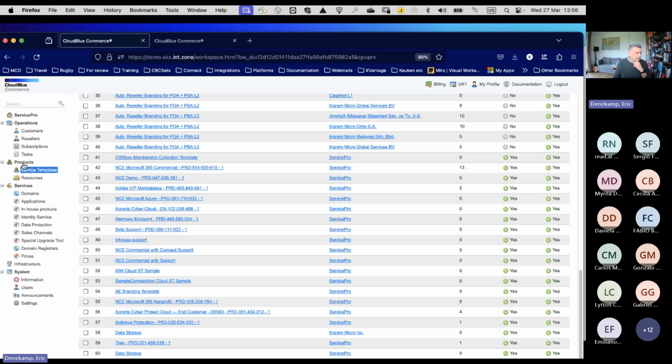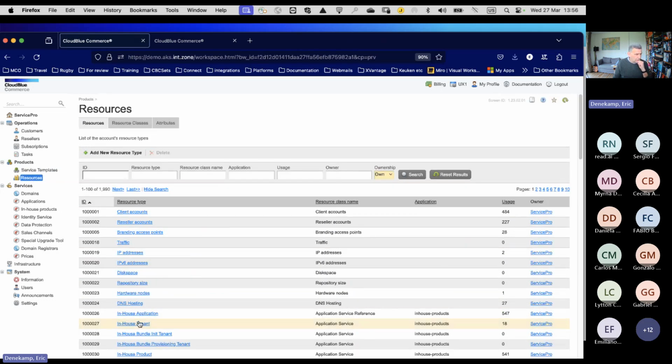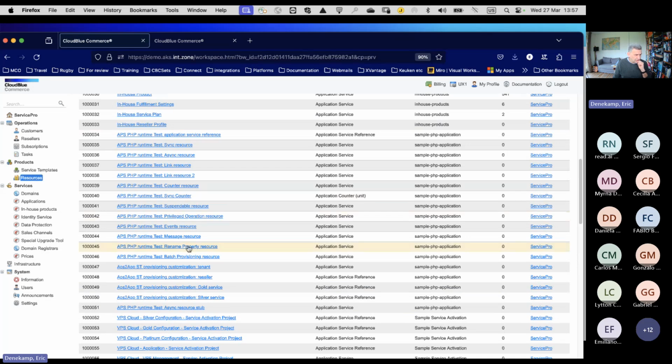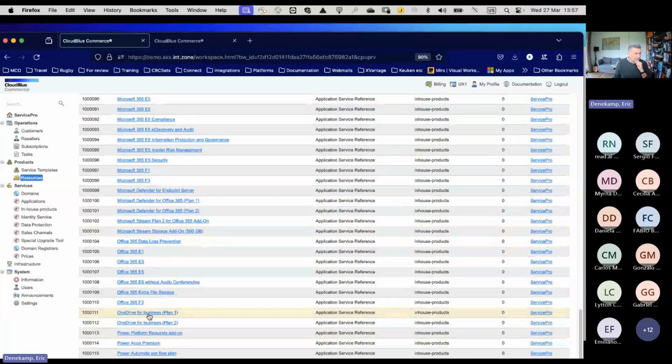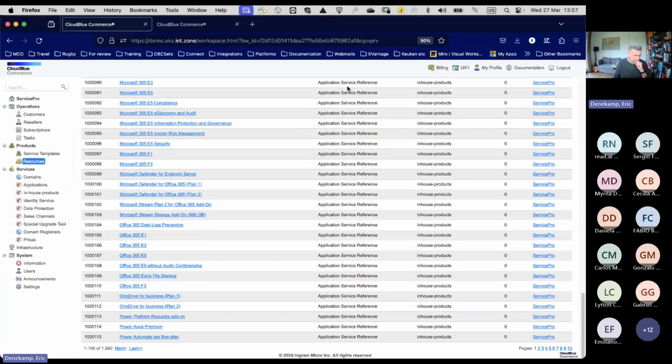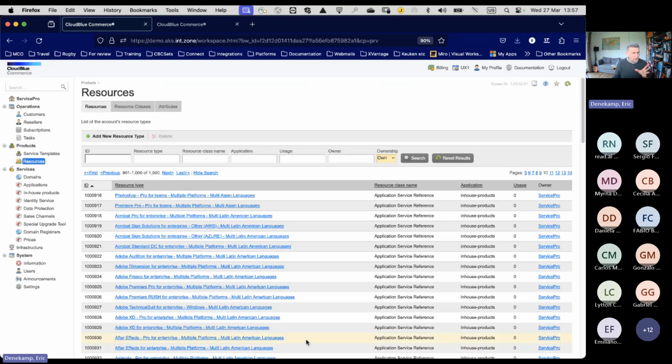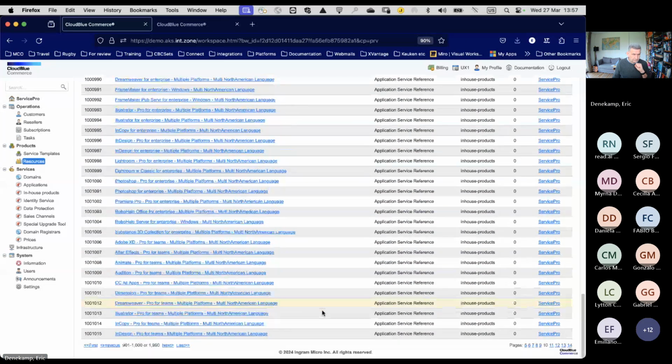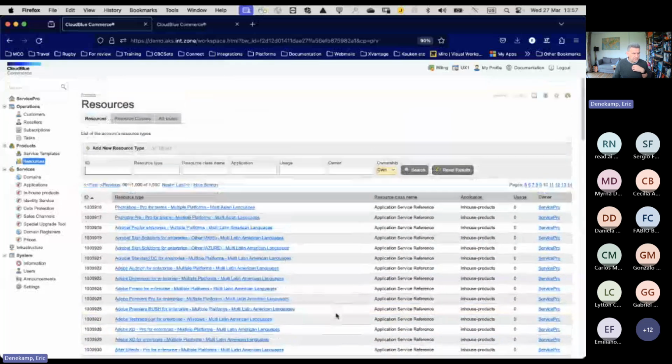The same thing, there is an option products here, but when we talk in commerce about products, we will have resources there. And in resources, you don't see where they come from. What do I mean by that? I don't see whether something is coming from a Connect extension, from a native integration, or from a PLM integration. They just have the name of that specific resource. The fact that it says application service reference here means that it probably is either APS or Connect, but I still don't know which of the two, because it still says something.